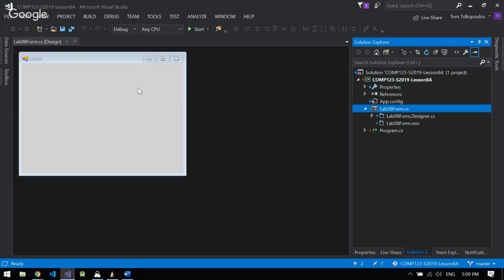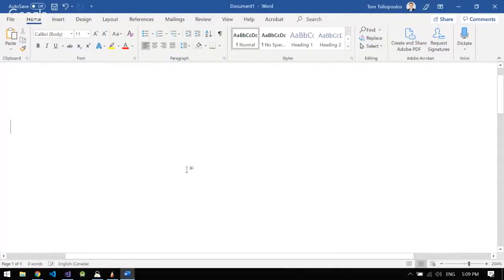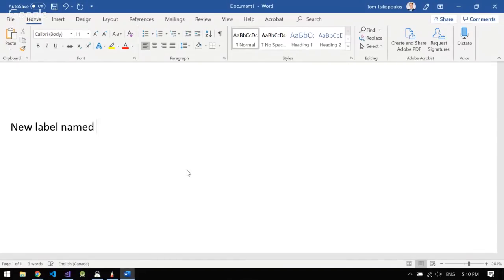Okay, so now that we've got this part, that's part 1. Part 2, I gotta write this down for people who can't listen along as much, right? Here's part 2. I want you to make a new label and name that label title label. I want you to put a new label, named title label, on the top left corner